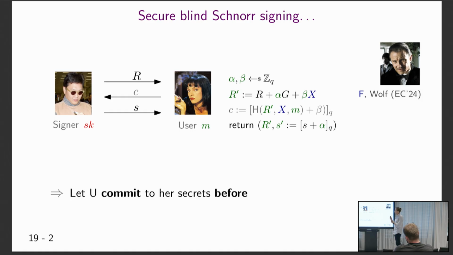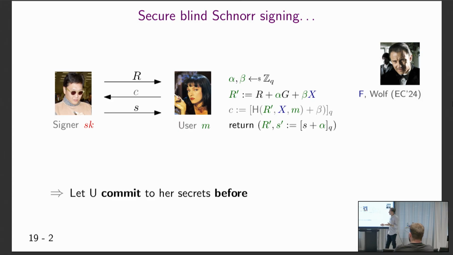If you look at how the attack works, the adversary wants to attack the signer. It opens a lot of signing sessions, so it gets a lot of R values. And from these, it now computes the C values in a malicious way, and that's what enables the attack. So if you want to prevent the attack, you could try to force the user to compute C correctly. The problem is, what does correctly mean? C is just some blinded random value.